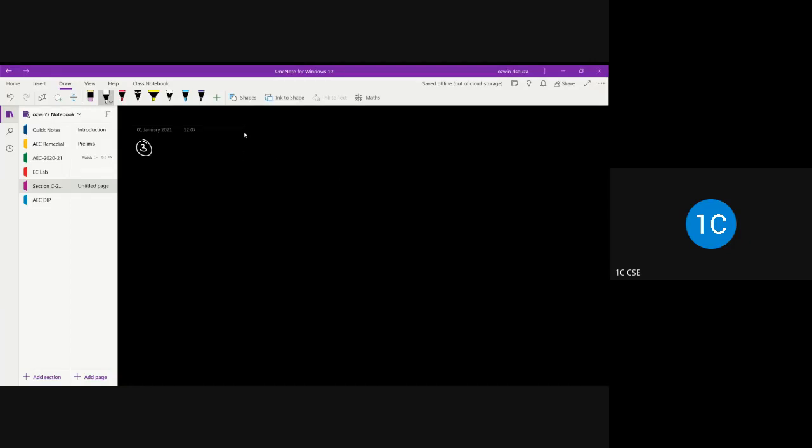The first problem for the day, take down the problem statement. For the circuit shown below, find R_EAB. For the circuit shown below, find R_EAB. This is your point A. This is R. This is your point B.